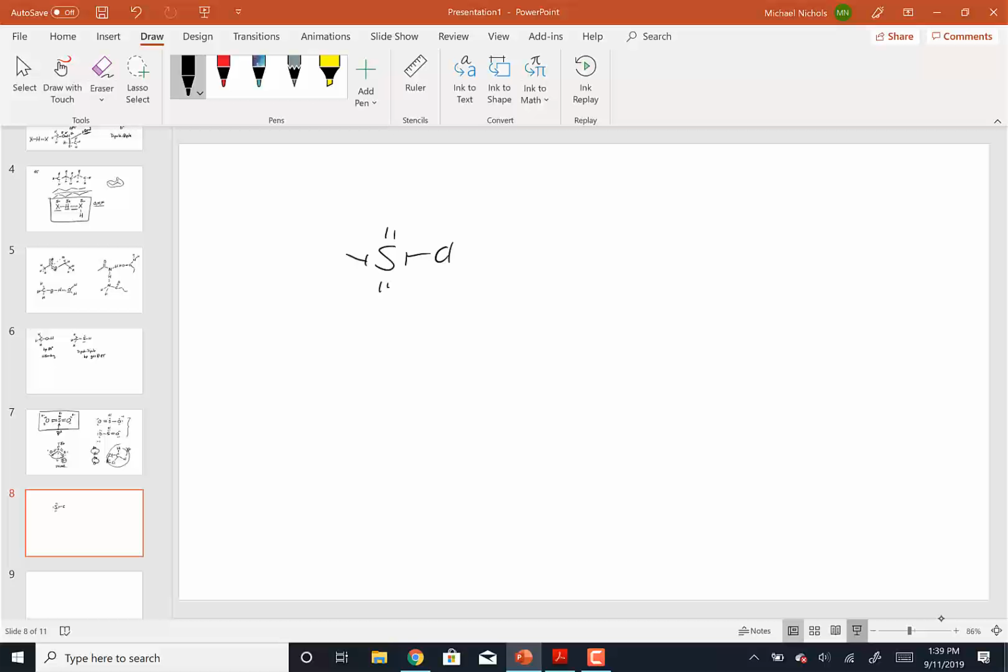Chloride 1, chloride 2, chloride 3, chloride 4. First of all, the sulfur would have what kind of geometry? It's got four sigma bonds and a lone pair. So that means it's going to look like this, right? It's going to be in that trigonal bipyramidal